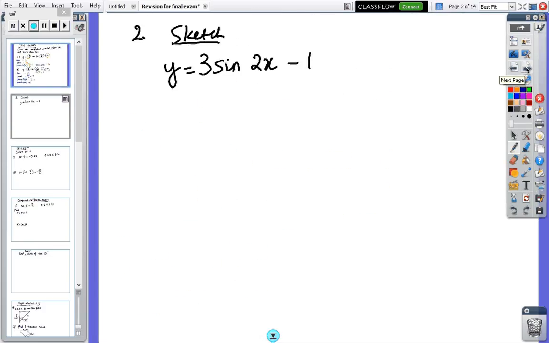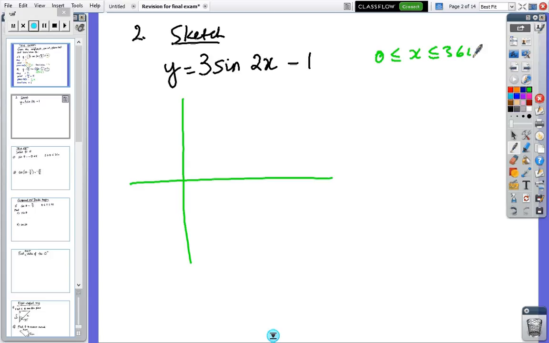Okay, so we've just got a simple sketch. So when you're ready, please draw. Okay, again, it depends on how. Now, I didn't actually say, so we'll just assume it's just going to be for 360. Okay, so I'm going to draw 3 sine 2x to start with, and then I'll just move it down. Don't forget to label your axes. Now, the sine graph,